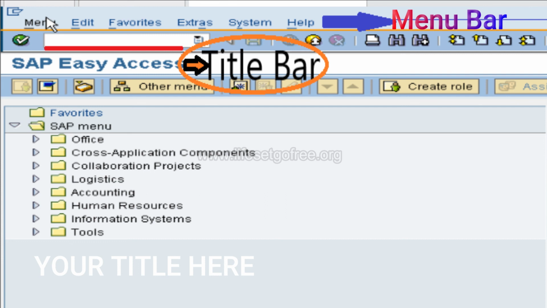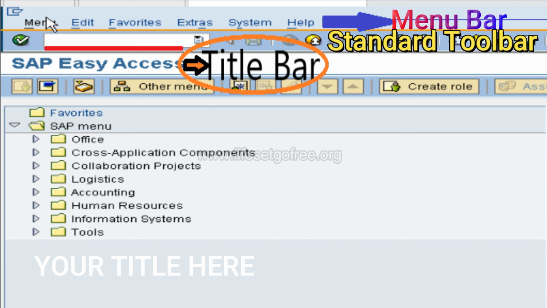These are known as the standard toolbar. Now you can see SAP Easy Access, right? This is known as the title bar. You know the menu bar, standard toolbar. Now this is known as the title bar.